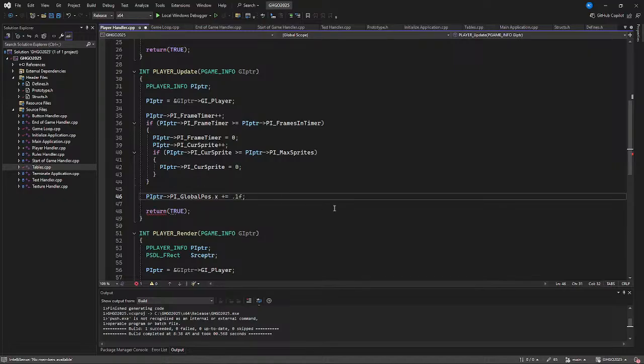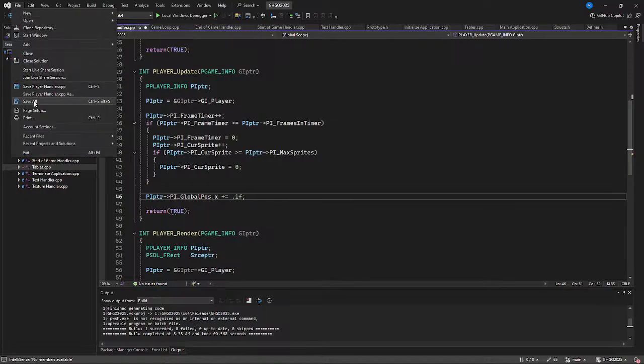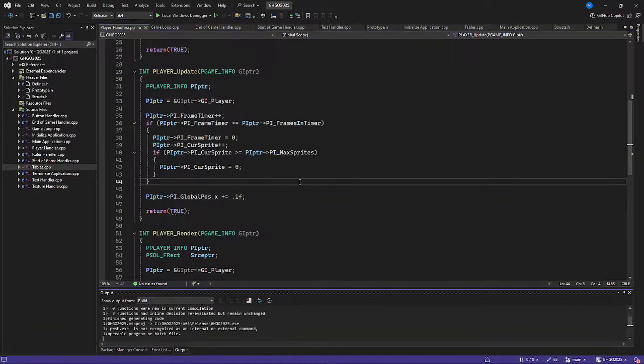That should move him along the x-axis to the right, hopefully. Yep, there he goes. So now